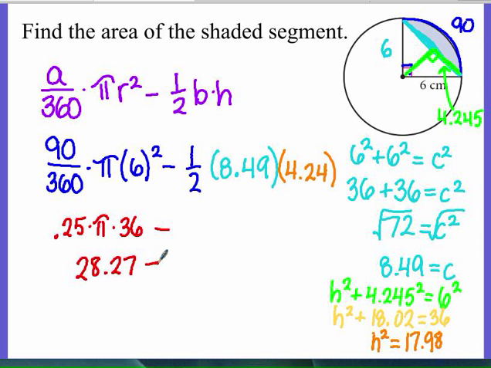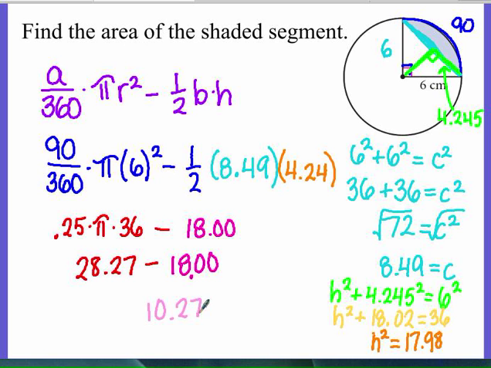Now I've got to figure out this mess right here. So I've got 1/2 times 8.49 times 4.24. What is that going to be? 17.99. Did you take it times 1/2? It rounds up to 18. Okay, 17.998. So now I need to take 28.27 minus 18, and my answer is